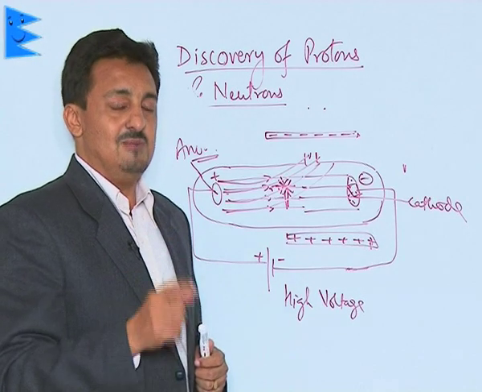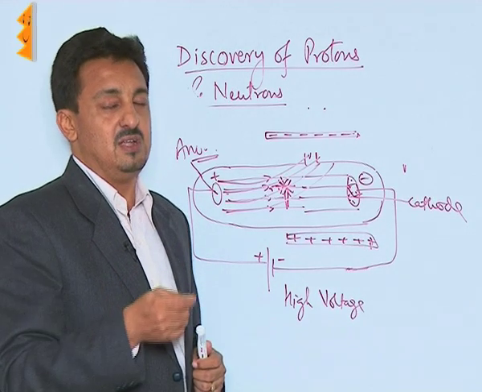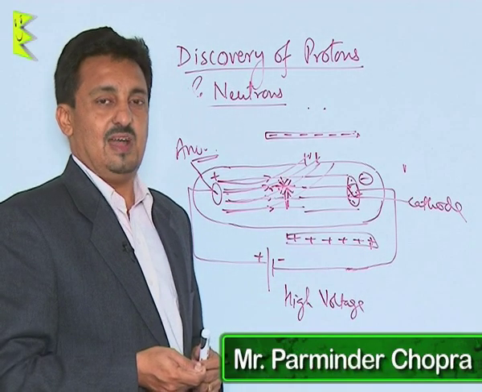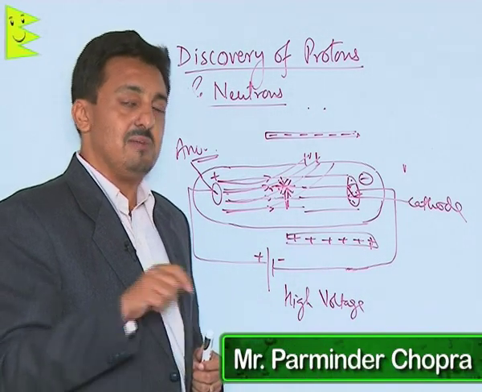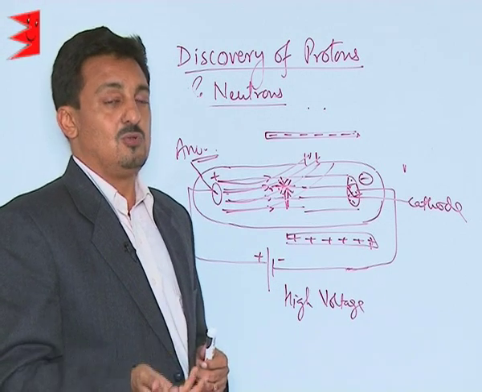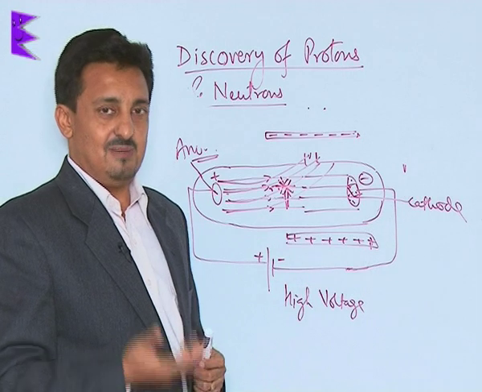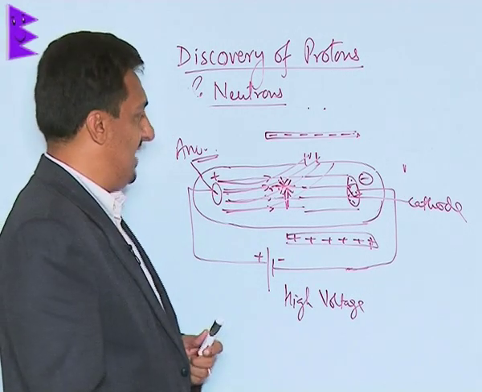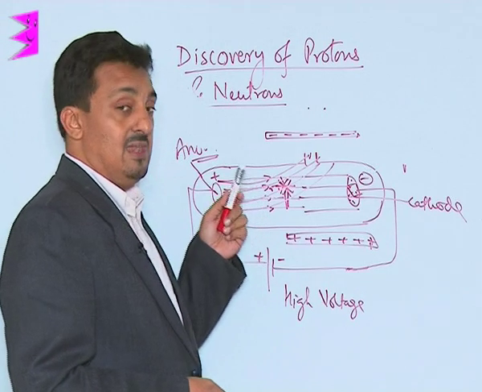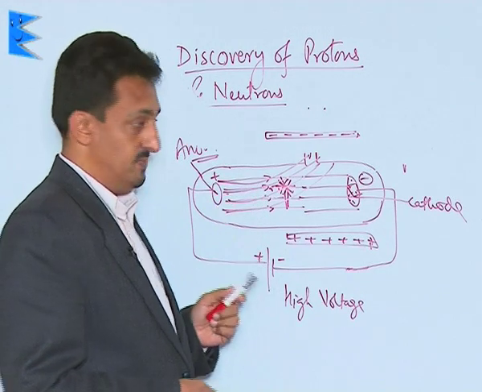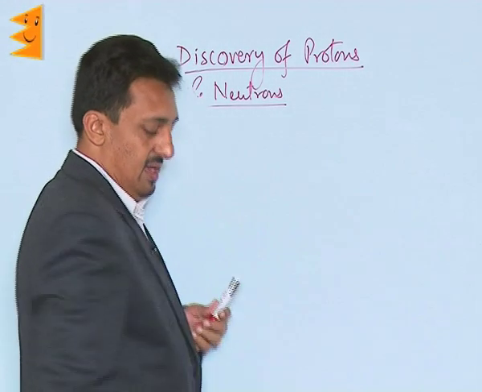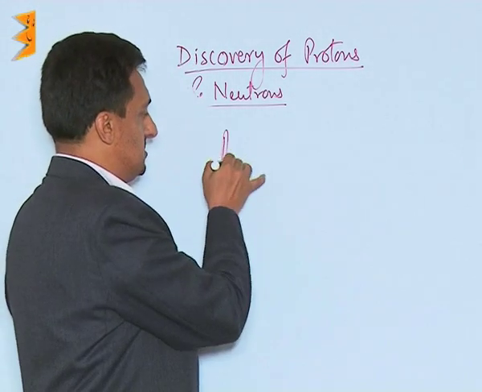Now the same J.J. Thomson did the same kind of experiment on these particles also to find out their e/m ratio, charge to mass ratio, and the same experiment by Millikan was done on these particles also in order to conclude what exactly is the charge and the mass. It was realized that the particles which constitute these anode rays are the protons. So this is how the protons were discovered, and these protons